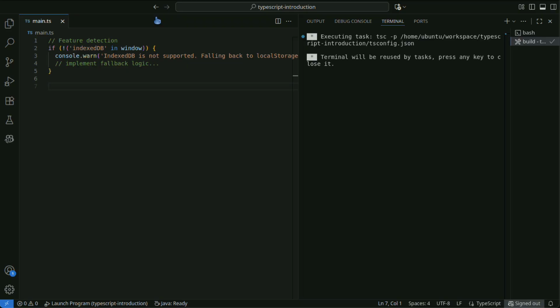Design the object store according to the actual usage. For example, if there are many reads, provide indexes. If there are many writes, keep the key design simple. Large binary data such as images and audio should be stored as blobs, or managed using the File API or service workers if needed. Compression can also be considered if necessary.